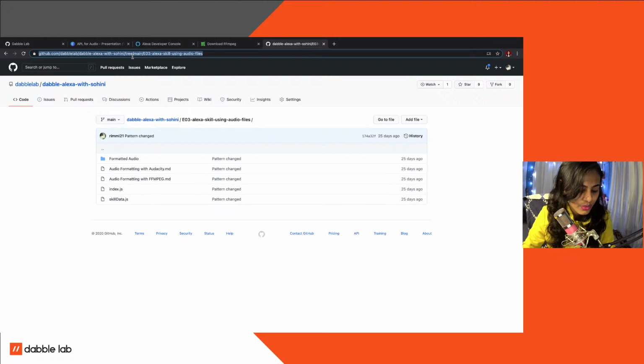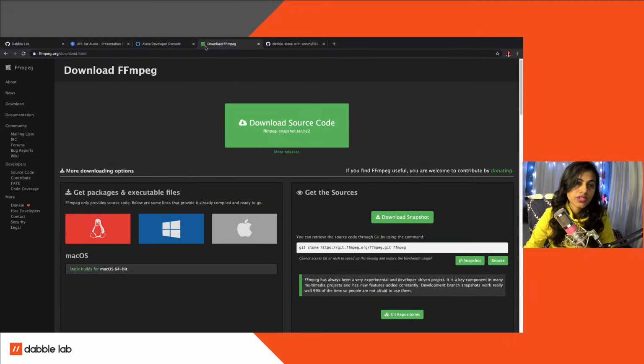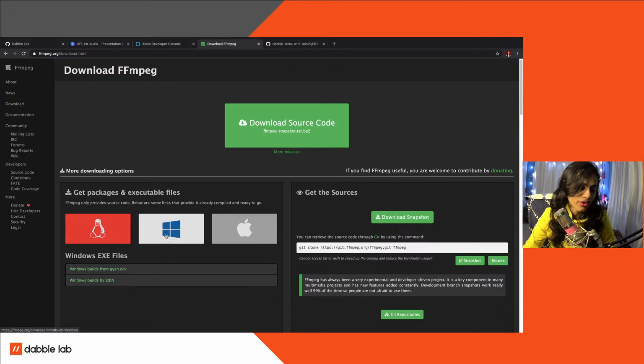We have done this before when we were talking about the audio that gets hosted from your hosted S3 bucket. So that's it. And once you go to this, then you can just download the build from here as per your operating system, and then you gotta verify it in your terminal. And once you've done that, you can just use your input mp3 and convert it.